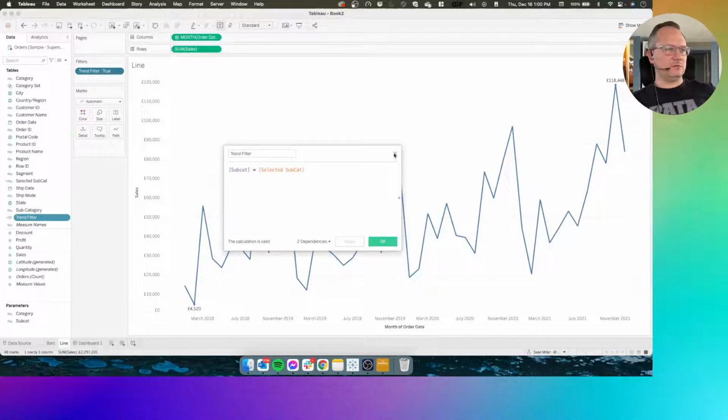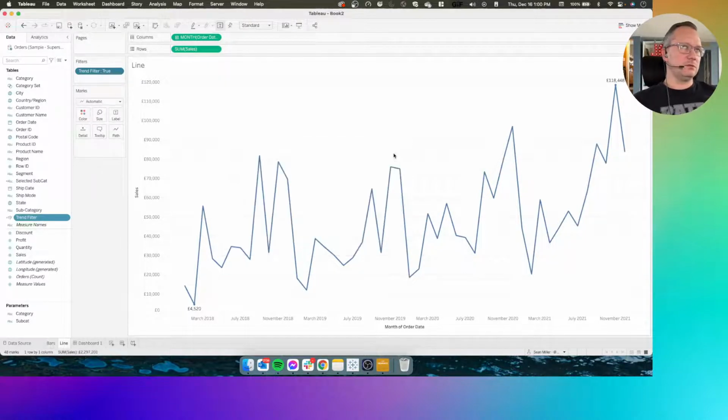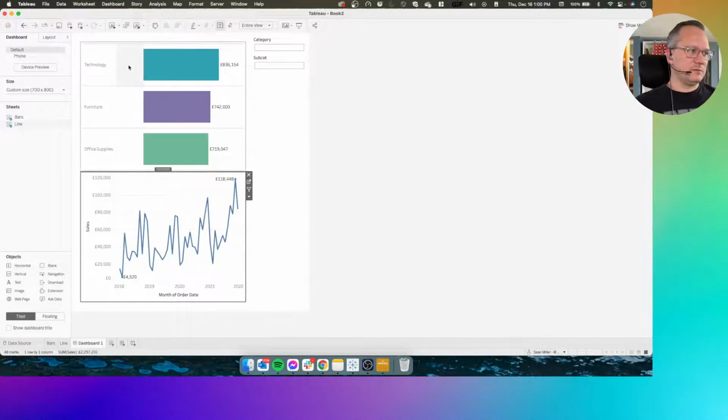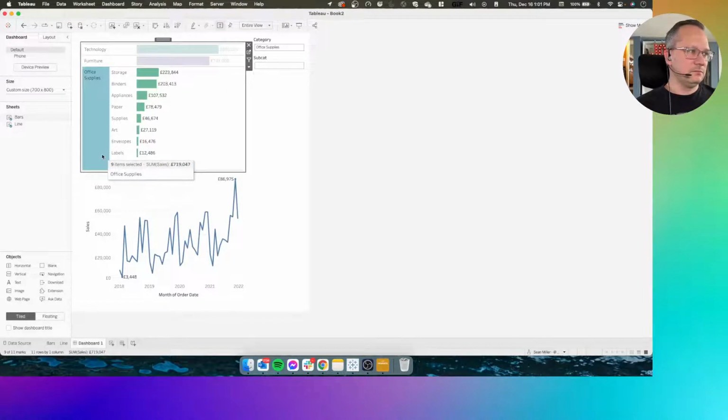Selected subcategory is true, so then subcategory equals selected subcategory. And, oh, that's why it works. Selected subcategory is true when all subcategory is empty text, all of these are empty text. So therefore, this is always satisfied when nothing is selected because all of these are true and it gives all of your data. When you select one of them, you only return